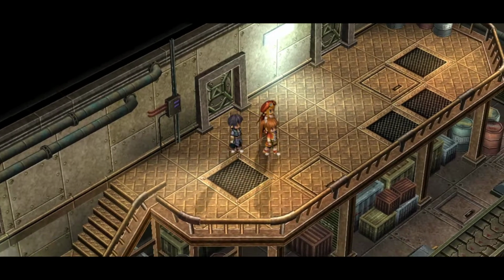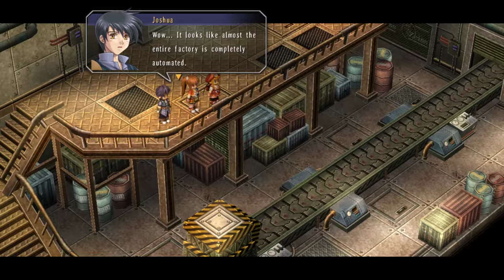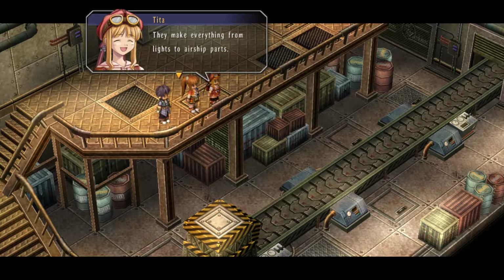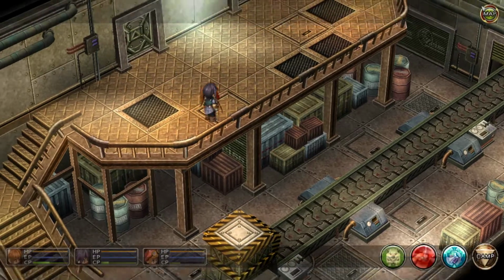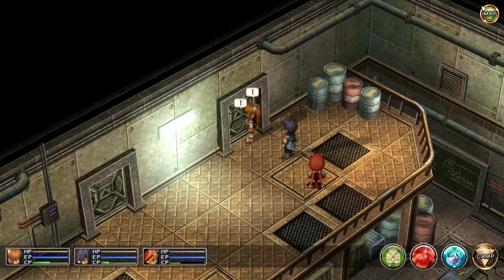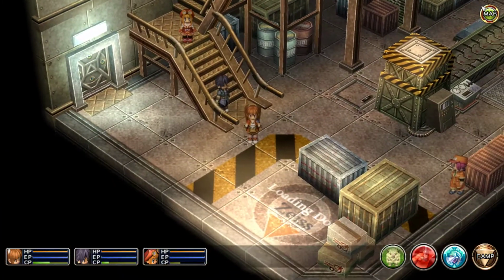Whoa, what's this place? Wow, it looks like almost the entire factory is completely automated. Below the city, there's a lot of orbment factories. They make everything from light starship parts. That's awesome. A little overwhelming, but awesome. Oh, we got another door. Oh, there's only an emergency staircase through that door. If you want to go up to the ground floor, just go back the way you came and straight down the hall. Well, let's...